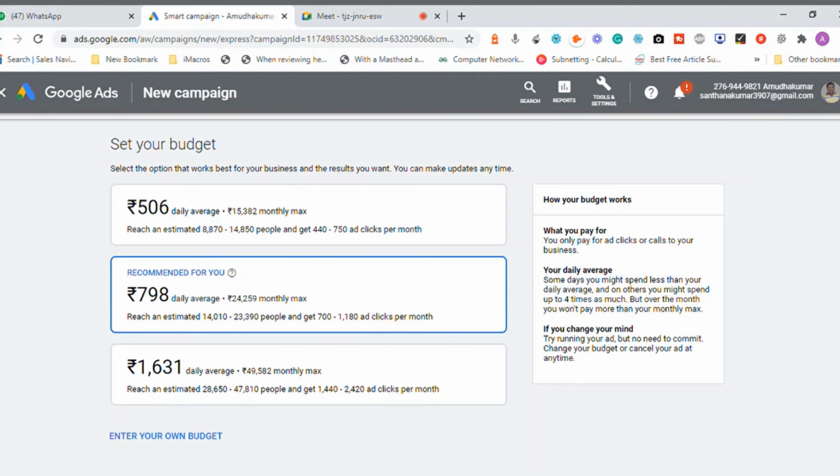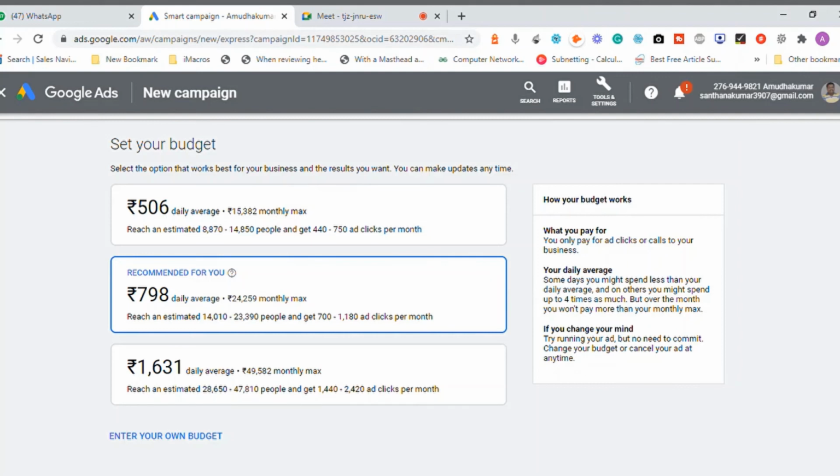It says reach an estimated 8,800 to 14,840 people and get approximately 440 to 750 ad clicks a month. Daily you will be spending 506 rupees, approximately 15,000 rupees a month. The second one they are recommending is 796 rupees every day. 14,000 to 23,000 people, and we will get 700 to 1,180 clicks per month.